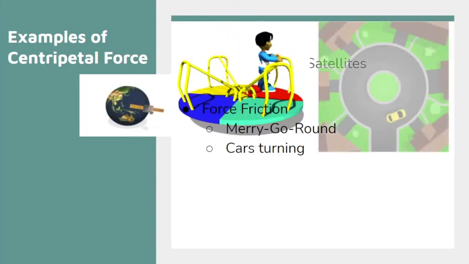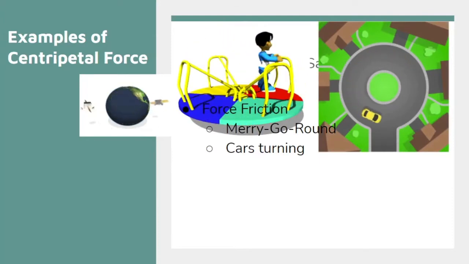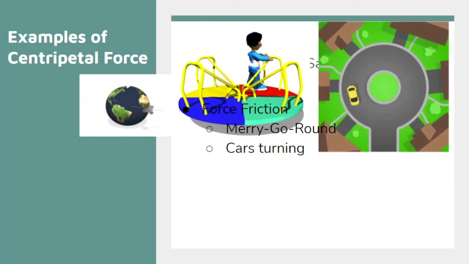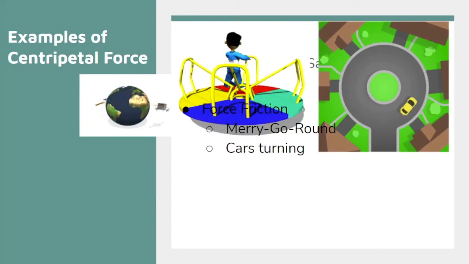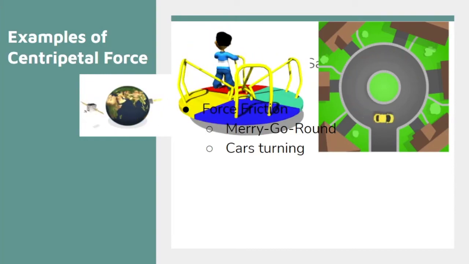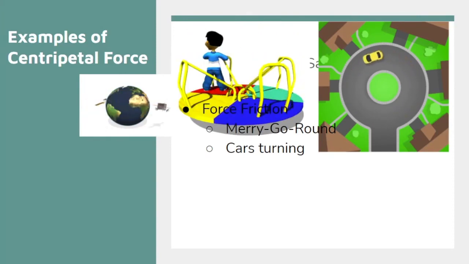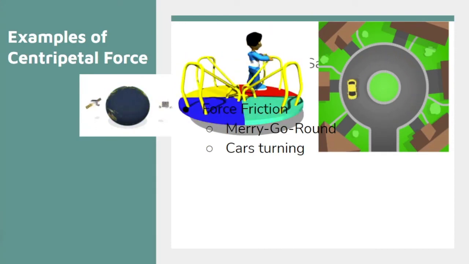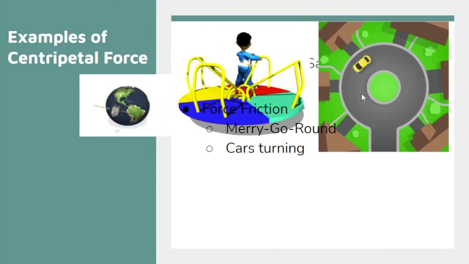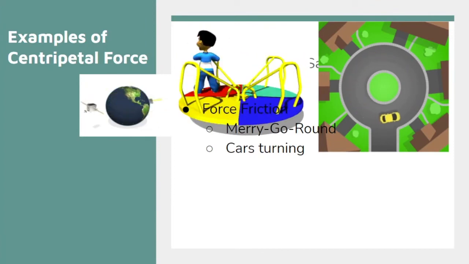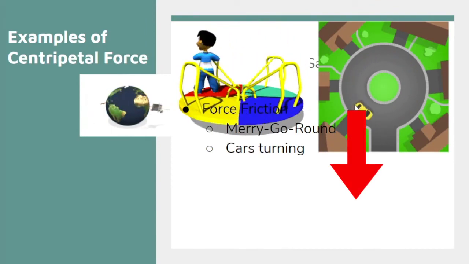which just affirms the fact that friction is the centripetal force in this case. Also, for a car, here's a car going around a circle. This is really relevant for those of you that live in Brookfield, right? Eight corners. And what is holding the car to the ground? Well, it's friction. If this was snowy or something, or they hit a patch of ice or whatnot, the car would end up sliding off, right? What direction would the car move in? Well, that's a great question. The direction that the car would move would be tangent to its orbit. So for instance, if the car hit a huge block of ice, like right here, the car would end up moving in the same direction, and that would just be perfectly straight down.